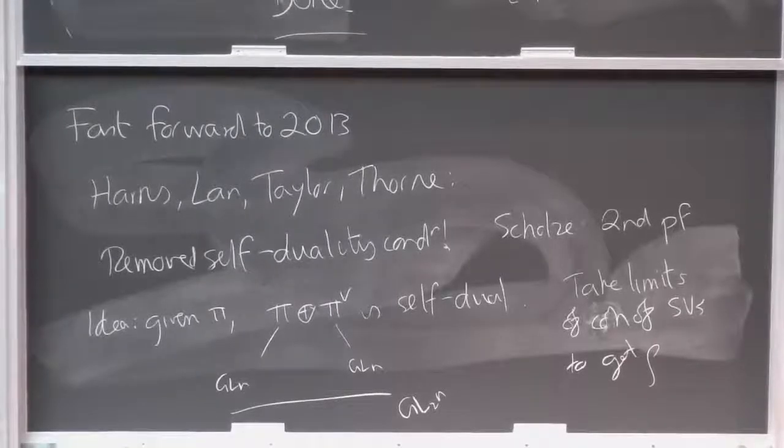And results going the other way, I guess the most recent one is this 10-author paper. Maybe I won't talk about that now. So there's some kind of idea about how we get from automorphic representations to Galois representations. And I should maybe say, what were somehow the genesis of these ideas,